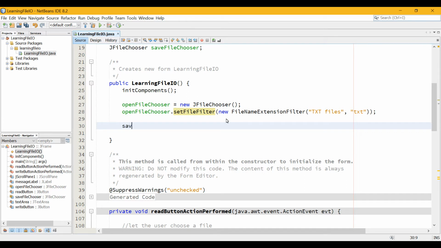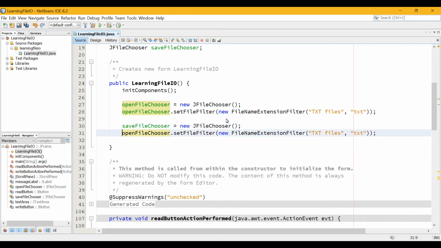Okay, so same thing for the save file chooser. You'll notice that these are identical, like there's no difference between an open chooser and a save chooser. The difference comes in how you use them a little later. So I'm just going to copy and paste this stuff. When you use a chooser, you say whether you're trying to open or to save. In fact, we could have used a single chooser, but